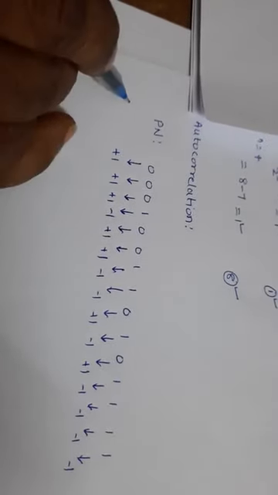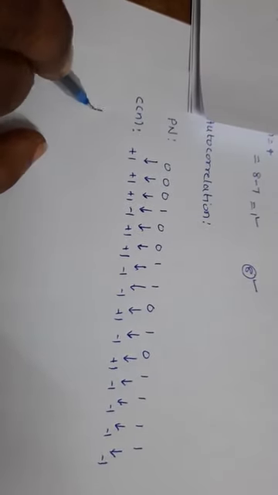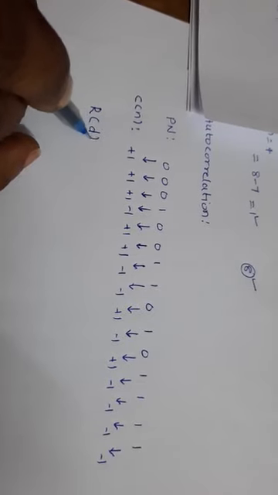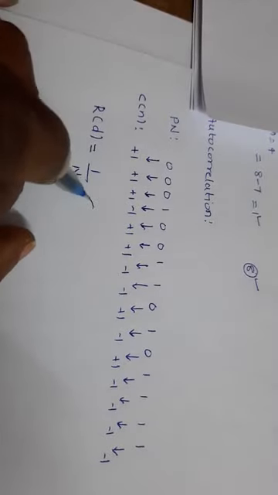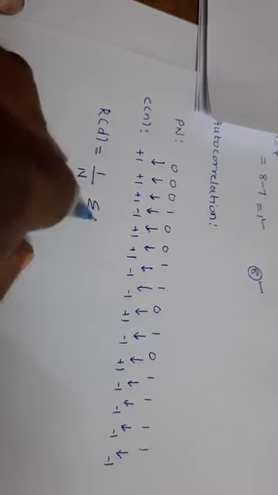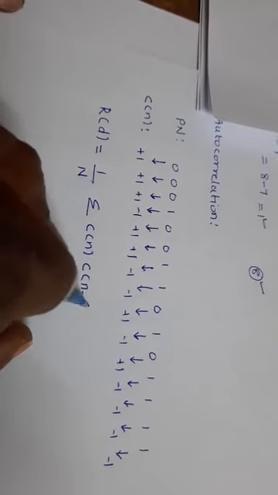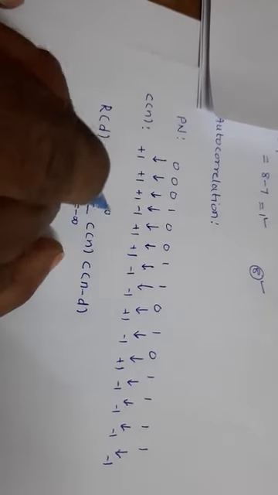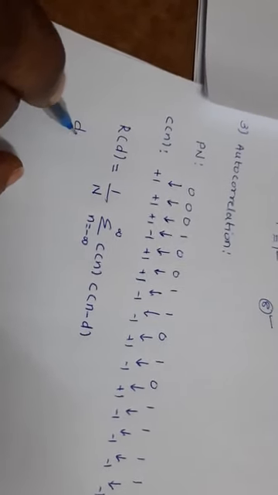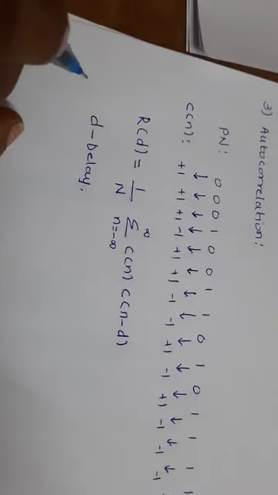So let us define this sequence as C of n. And the autocorrelation function is defined as R of d, where d is the delay, which is equal to 1 by N summation of C of n into C of n minus d, where small n ranges from minus infinity to infinity, and d is the delay or shifting. And assume that there is no delay,